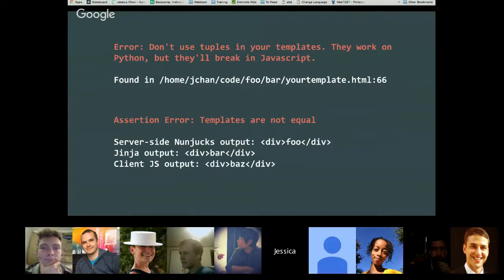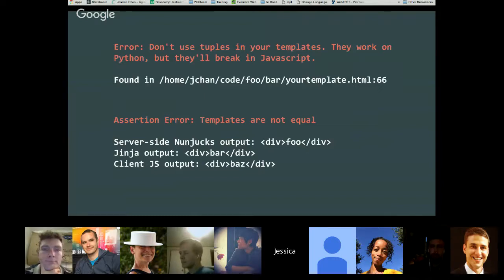I actually wrote a Nunjucks linter that lints templates. There's no Nunjucks linter out there, so I wrote one and added a whole bunch of rules to make sure your template was JavaScript safe and not using any Python stuff that wouldn't have worked in JavaScript.